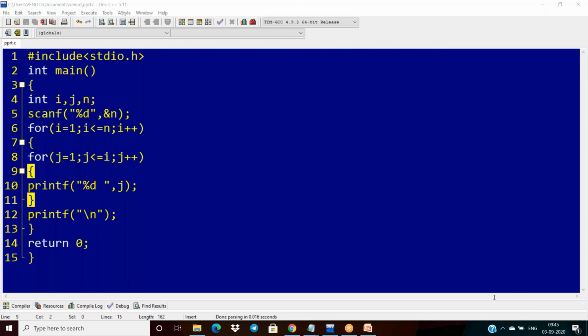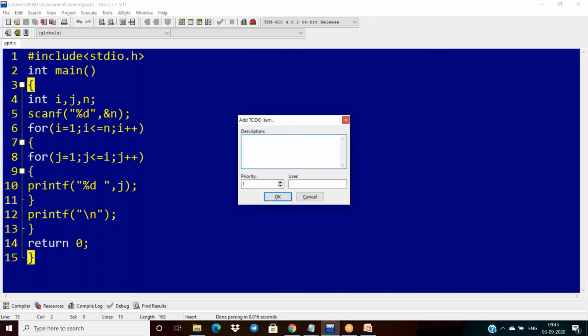Any answers from your side? See, observe here. What is the ASCII value of capital A?